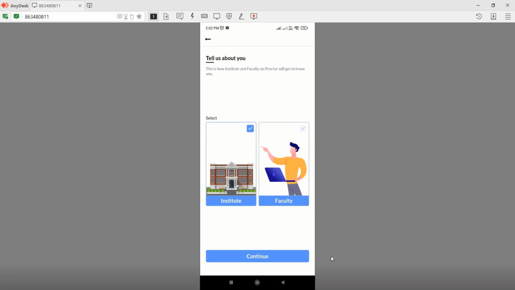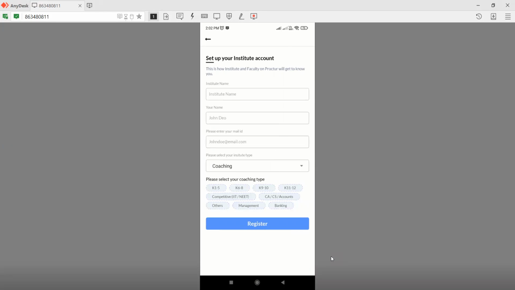For the registration, I have to fill in the necessary information such as institute name, my mail ID, institute type, and coaching type. Once I register, I'll get the registration successful notification.